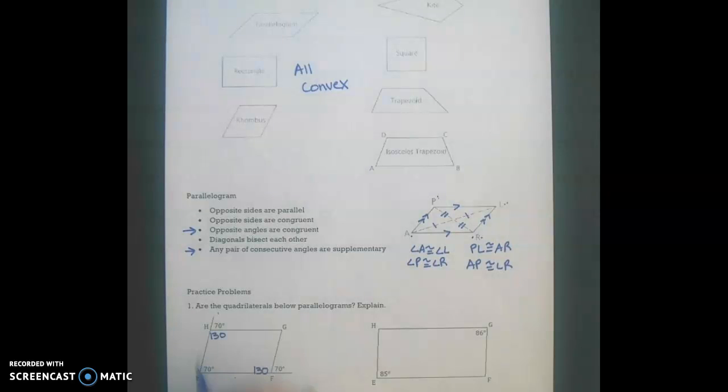So I have three angles, but I need to know about angle G before I can, with certainty, determine if this is a parallelogram. And the sum of the interior angles of a quadrilateral is always 360 degrees. So if I subtract 130, 70, and 130 from 360 degrees, that leaves me with 70. So angle G is 70. So my opposite angles are congruent, and any two consecutive angles are supplementary. So I can say with certainty that,